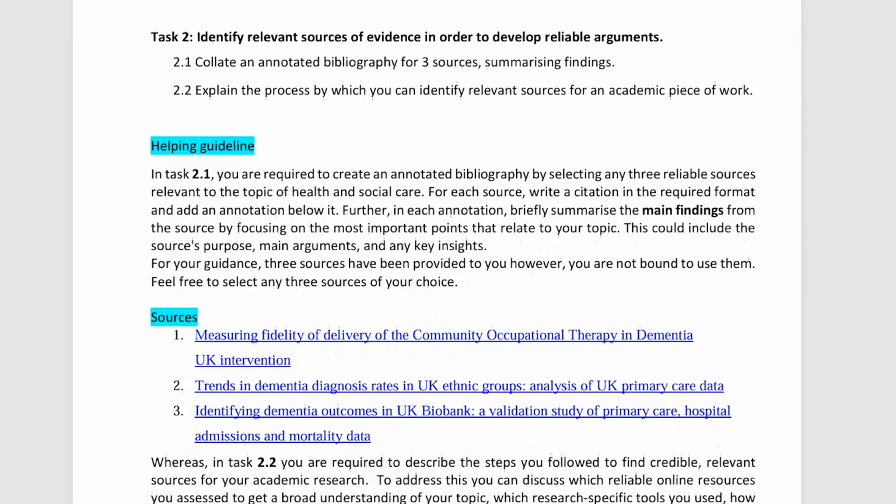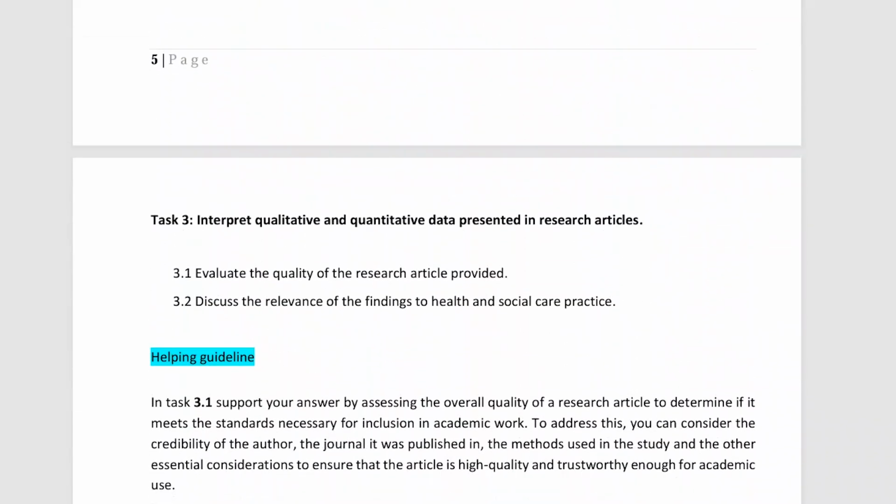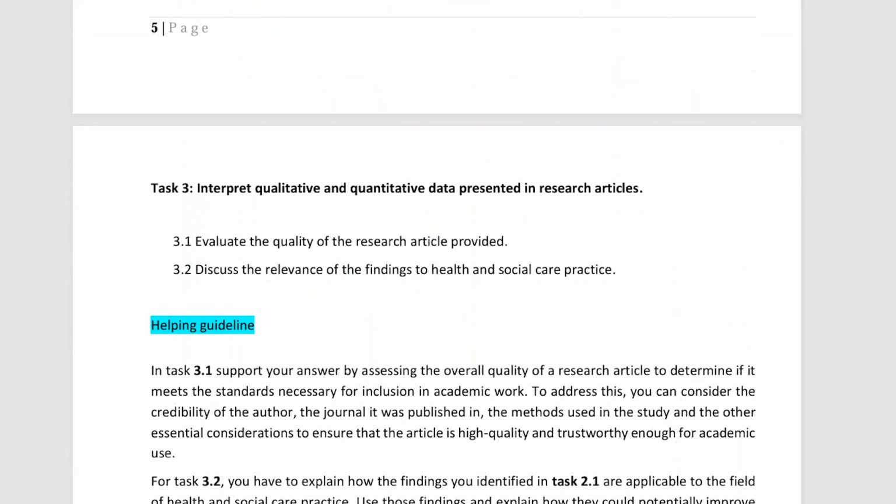Now, here is learning outcome 3, which is to interpret the qualitative and quantitative data presented in research articles. For assessment criteria 3.1, you are asked to evaluate the quality of a research article. While evaluating the quality, you have to keep a few things in mind.